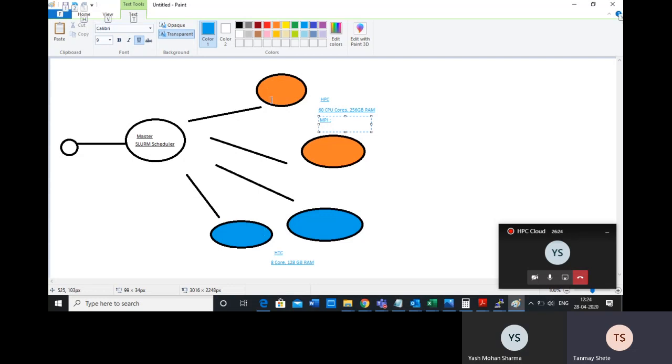For example, if I select this orange one to run a problem on 12 cores, what is going to happen is that the machine is of 60 cores, so you will be allocated a 60 core machine. Your institute is billed for the 60 cores, but you are actually using only 12 cores out of that, right? Yes.